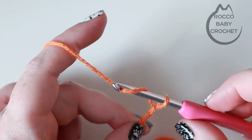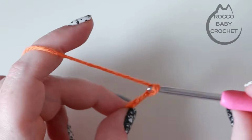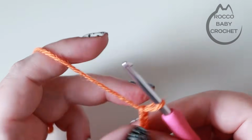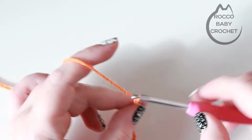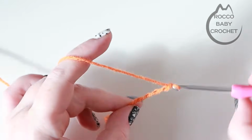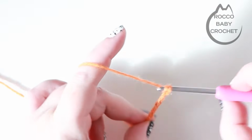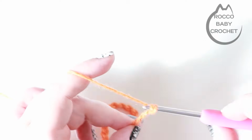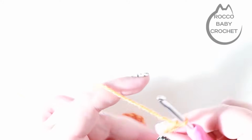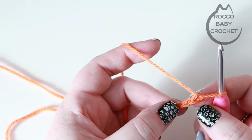yarn over and pull through, yarn over and pull through. So there's 3, 4, 5, 6, 7, 8, 9, 10, 11, 12, 13, 14, 15, 16, 17, 18, 19, 20, 21, 22, 23, 24, 25, 26, 27 and 28. So once you've got the foundation chain that you need for the size that you're making,